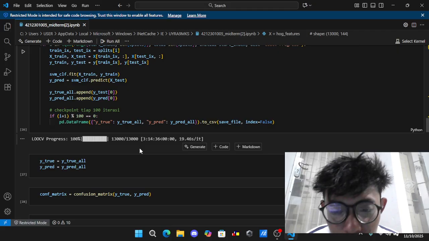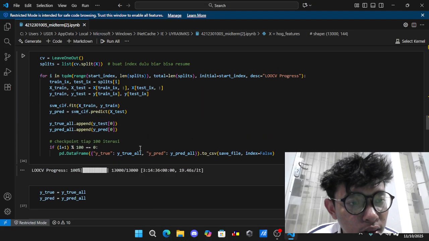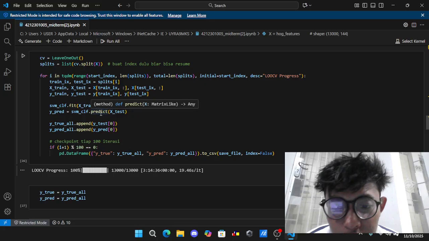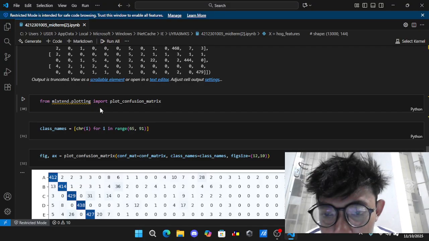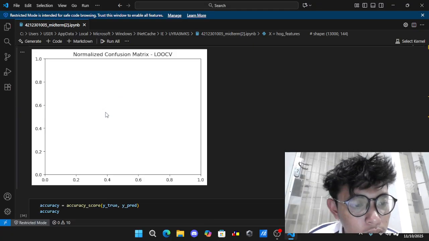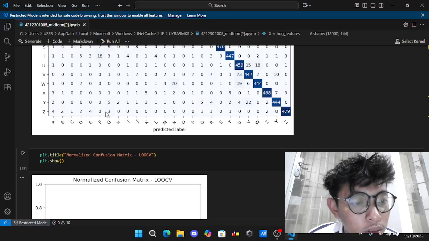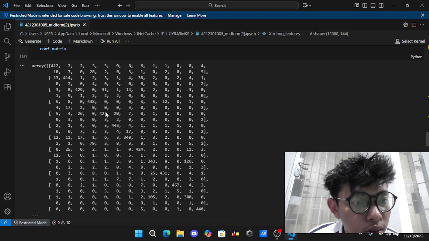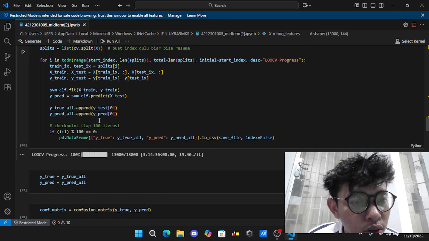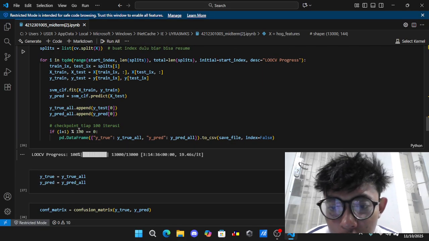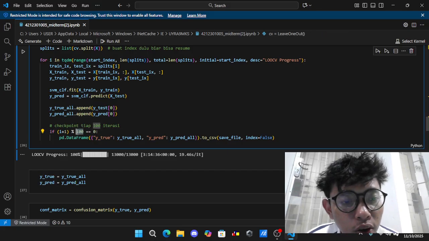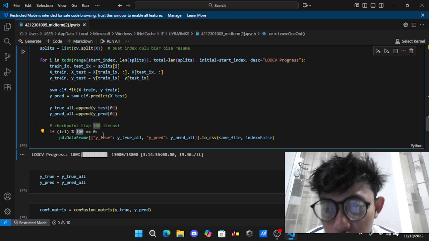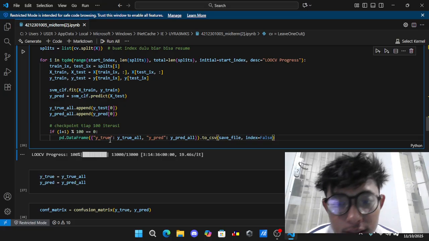Okay, the next is this part, where I record the findings to a CSV file and set up a checkpoint every 100 iterations to lower the chance of a crash.